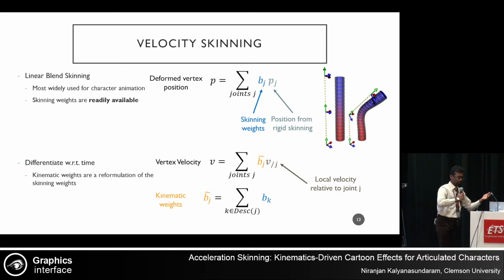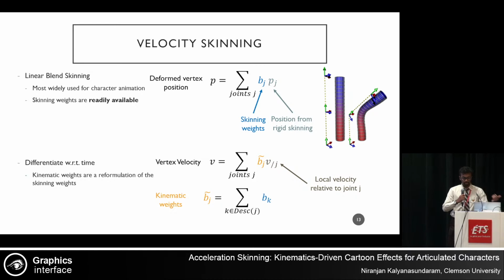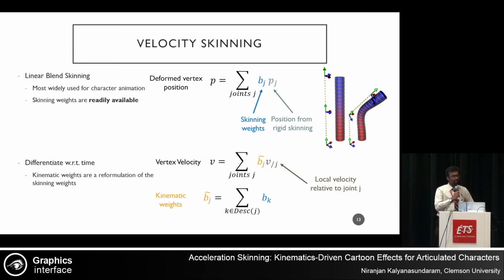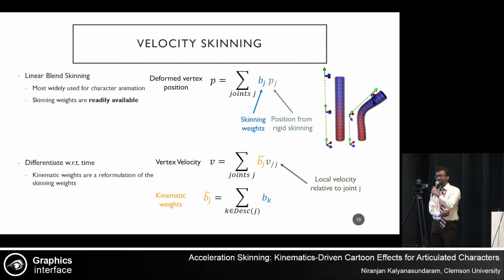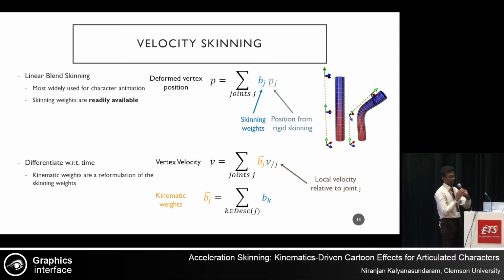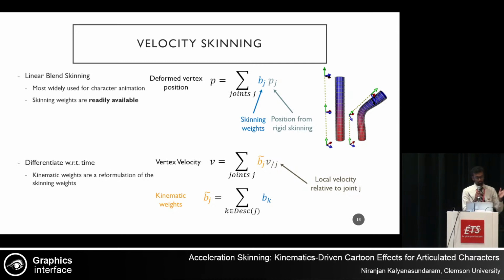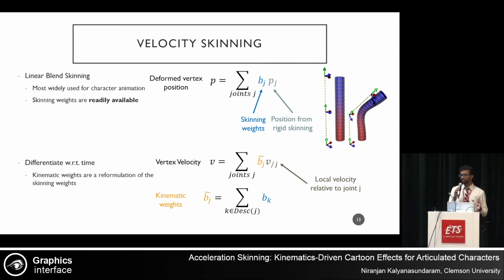This is essentially what is computed in PJ. This is multiplied by a skinning weight. Skinning weights are kind of like a blend. For example, if I'm going to bend my elbow, is this point affected by this bone, or by this bone, or by a combination of both? This is what's defined in the skinning weights. And these weights are readily available on all run-of-the-mill rigs. You can't have a linear blend skinning rig without these values.